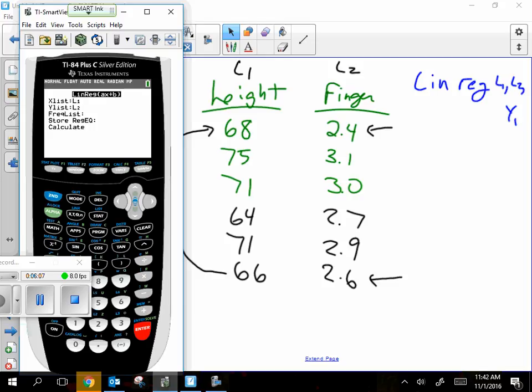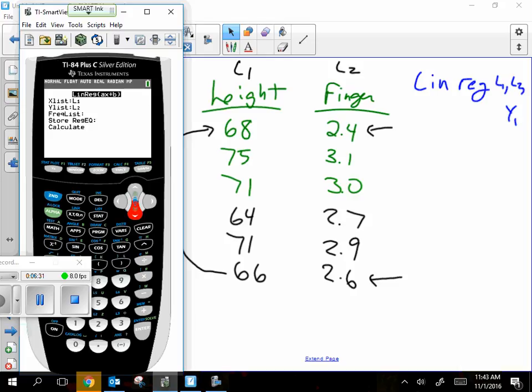Now, if you've got the same thing as me, it probably already says L1 and L2. Do you get what I'm saying? And then it has this one, which we can leave blank, the freq list. We don't need to list any freqs today. Moving down, I know, it's the frequency of the list. We got to do store, and this is the part where we would store, and I know some of you